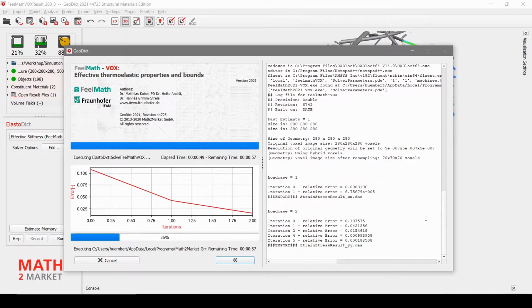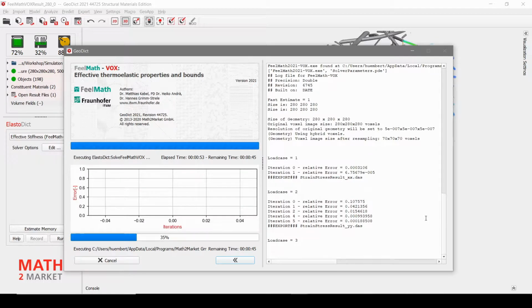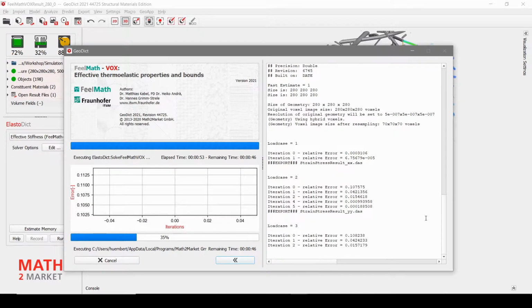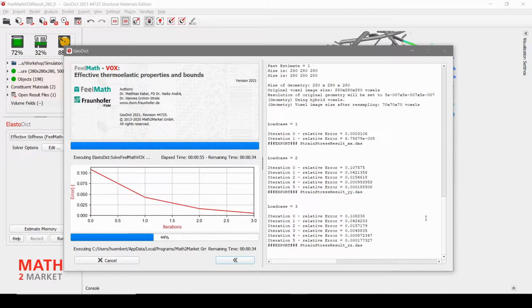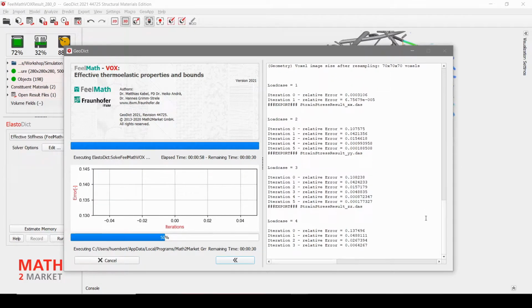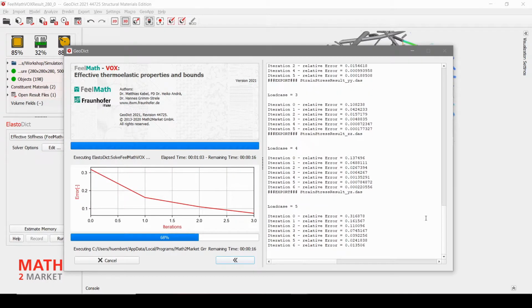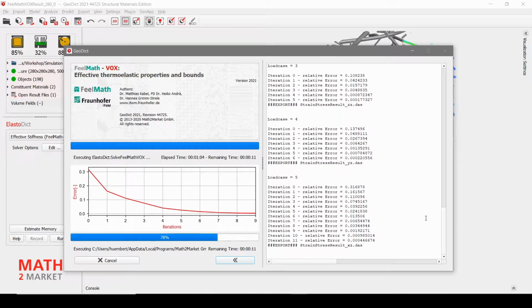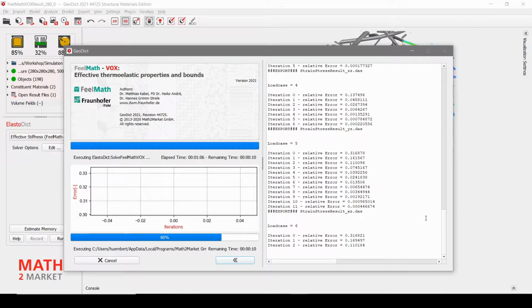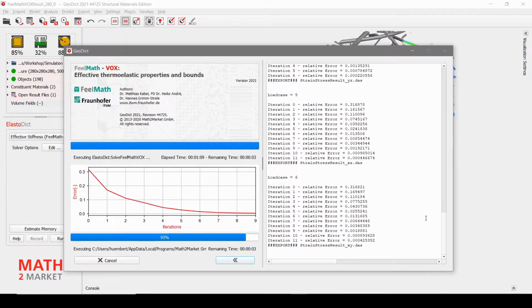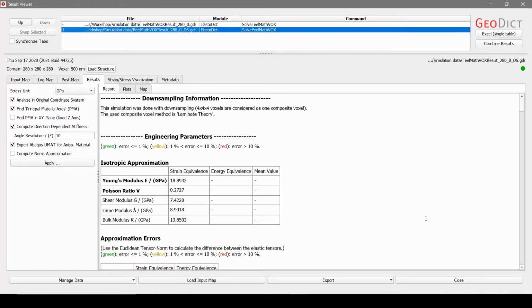The second load case is done. Then the third. And so on. So that's a really, really easy way to speed up your simulations. It's maybe not what you should do if you need the highest accuracy, but especially if you want to screen several different models, for example, for the highest stiffness, then that is the way to go.